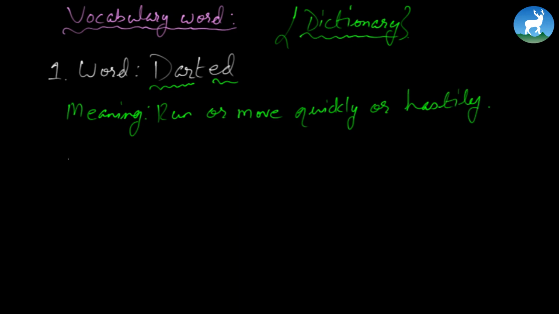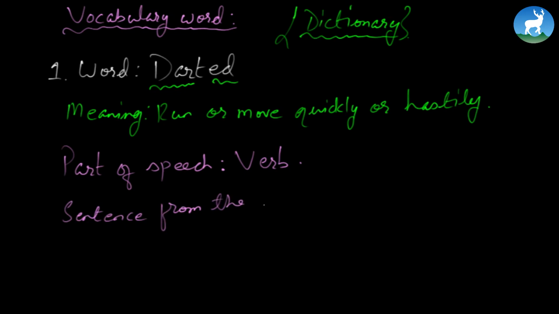Now you have word, you have meaning. Now you go for part of speech. Now part of speech is always given there right next to the meaning, by the way, right next to the word. All right. In this case, the part of speech here is verb. In a dictionary, they always use abbreviations, so they'll just write it V, which stands for verb. If it's noun, it's N. For adjective, it's ADJ. For adverb, it's ADV. Usually, we come across these for parts of speech. Now, we have word, we have meaning, we have part of speech. Now, we have sentence